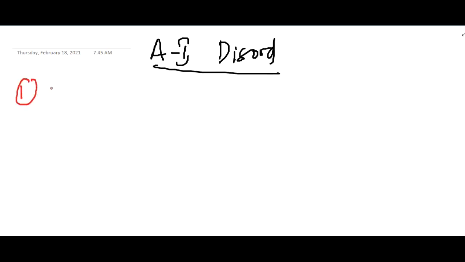Hello friends, let us now learn some important points about autoimmune disorders. So the first autoimmune disorder in this chapter is SLE. SLE is systemic lupus erythematosus. Here, for the diagnosis of SLE, 4 out of 11 criteria should be positive for considering it